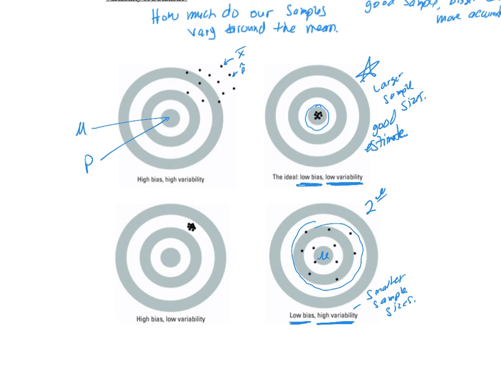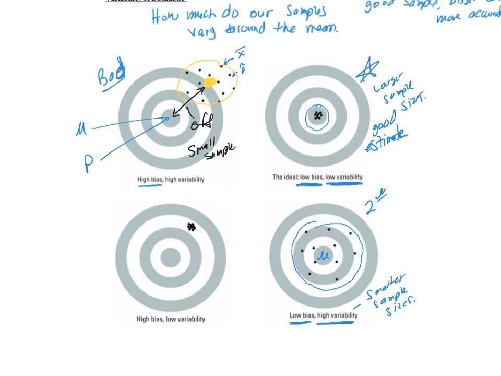We obviously don't want situations like the one on the left. This is bad. It has high bias. If you averaged out all these dots, you would think that the population mean was probably right there, which is wrong. We're off. That's bad. So we did something to influence the answers. Those dots are not going to give us a very good picture of what the population mean is. And notice they're not even clustered very much, so it was probably a small sample. It's probably a voluntary response sample, and a small one at that.